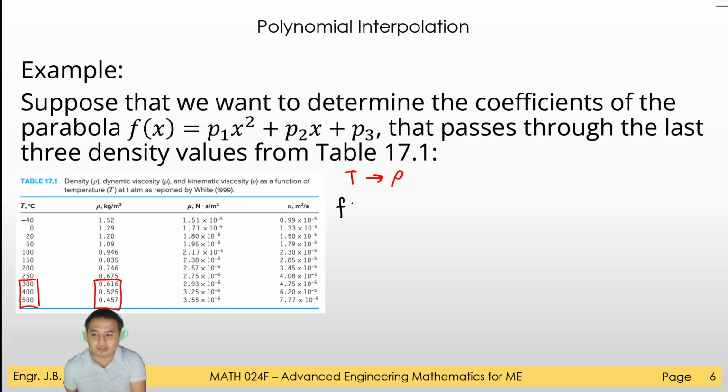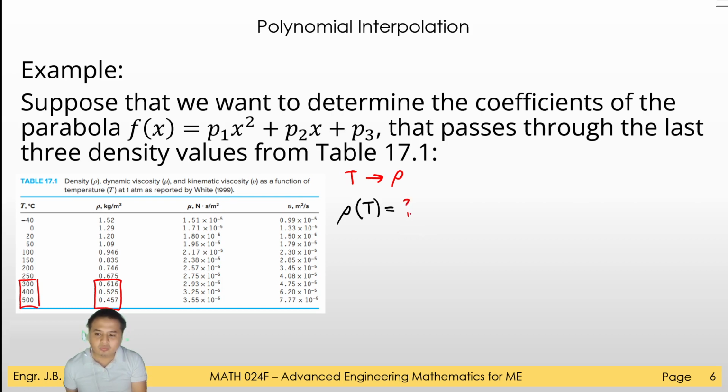So our function here, let's change the f into temperature. The independent variable is temperature, sorry, I forgot. And then we want to find the density as a function of temperature, which is equal to